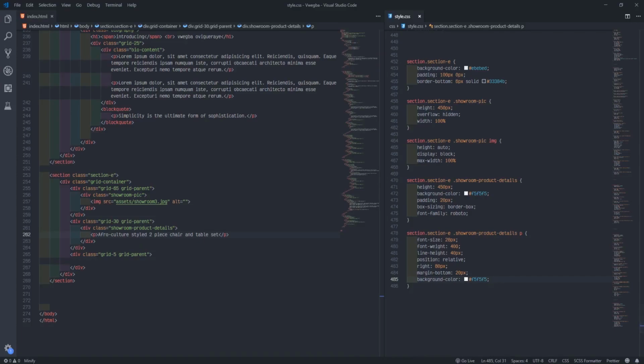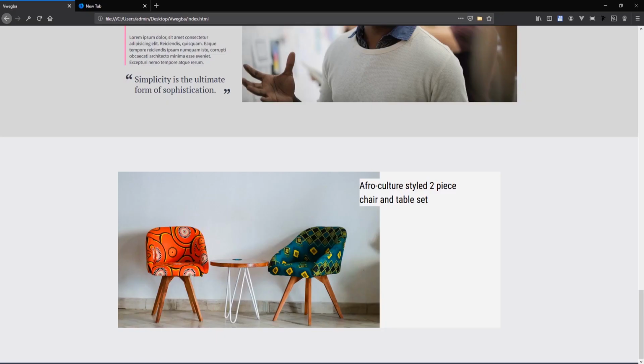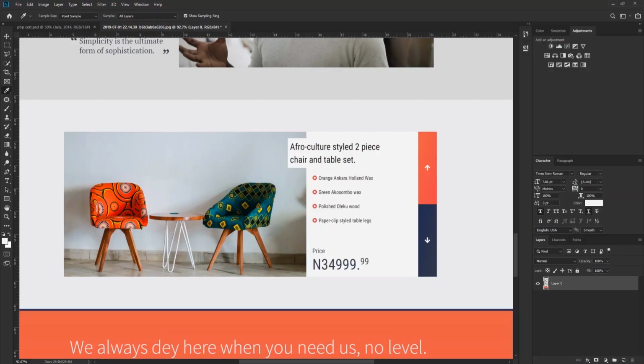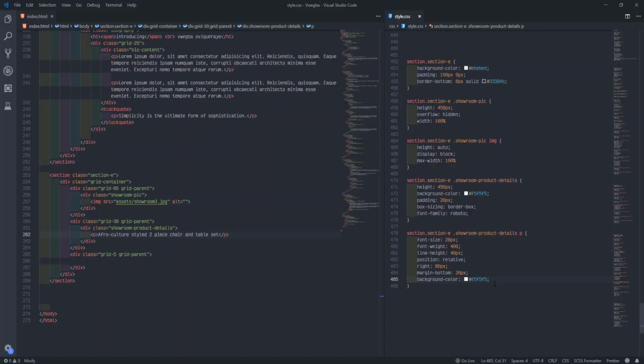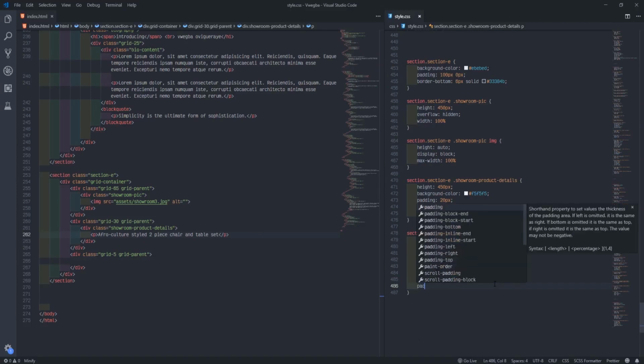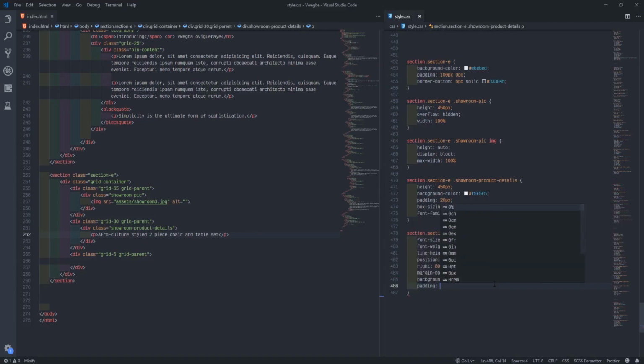Then what else again? We'll give them padding. So we'll come here, I'll say make the padding be 6 pixel for top and bottom, then 8 pixel for left and right. 8 pixel left and right. That should be it for this guy now.